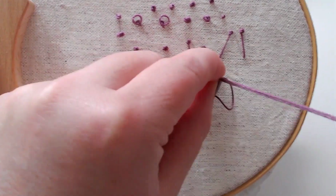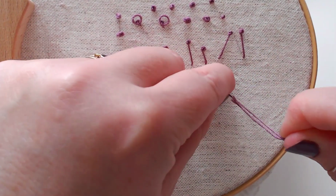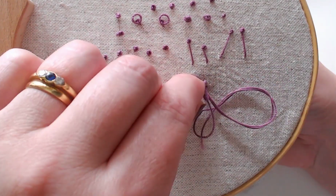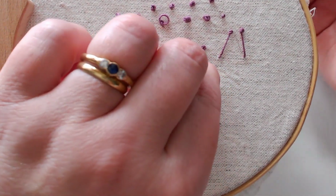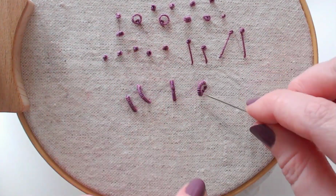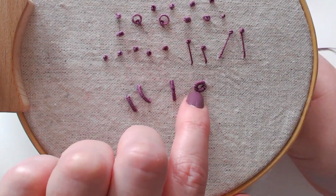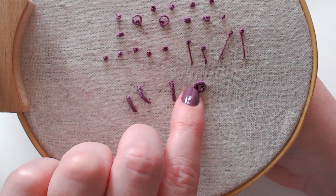So same process, I'm just going to bring my needle all the way through. Oh, my thread end is just a little bit caught there. And I'm going to keep pulling and take my needle back through. And because my stitch length is small, but I've got quite a number of twists on there, now I've got a little loop that sits up, and you can use this deliberately to make a loop, but you can also use a little anchor stitch